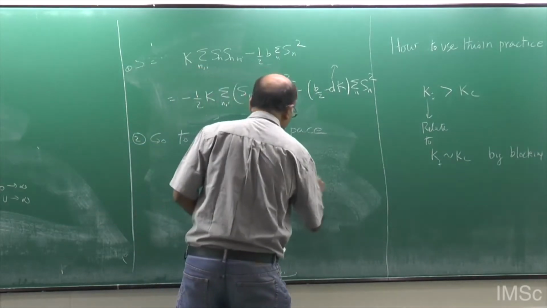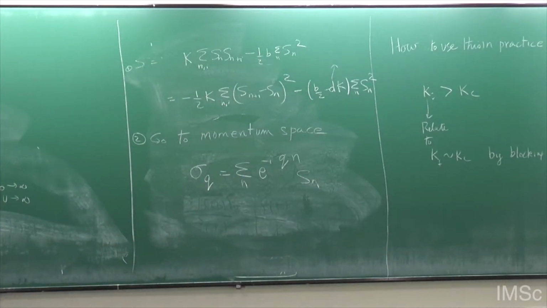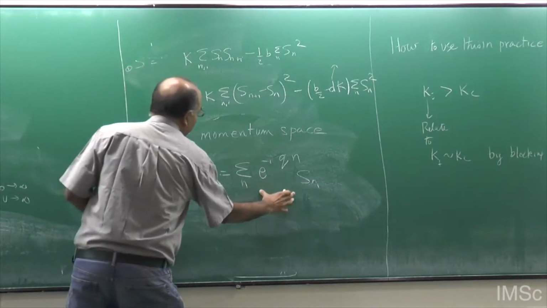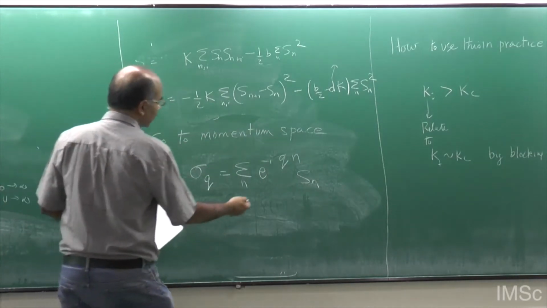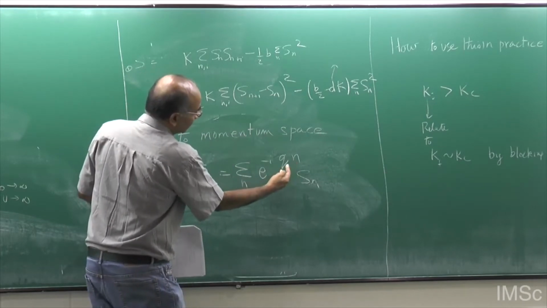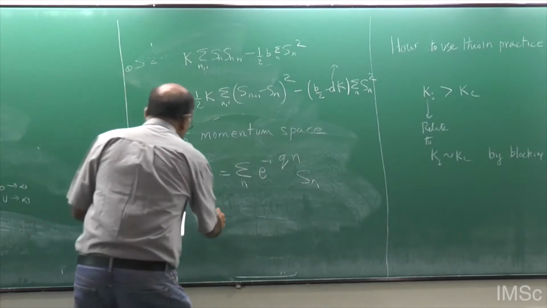It's not important. Sn. That's his definition. Okay. And if you put this into that, what you get is very easy to see. This is n plus i, this is n, so you'll get a qn and a qn plus i. Okay? So you get